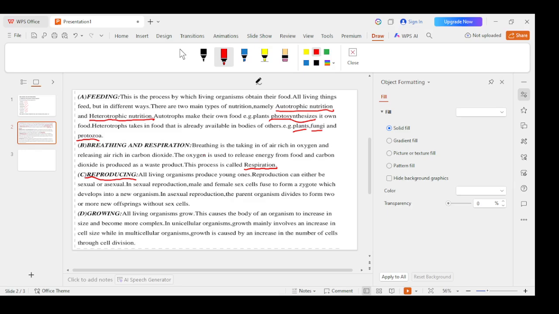Now the male and female sex cells will fuse to form a zygote. As they fuse to form a zygote, this zygote will start to grow and develop into what we call an organism. Then you have a baby, they grow up, and they become adults, just like that. Now for asexual reproduction, the parent organism will just divide itself to form two or more new offspring,